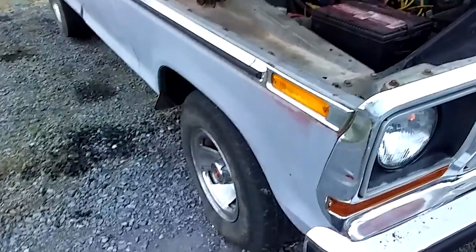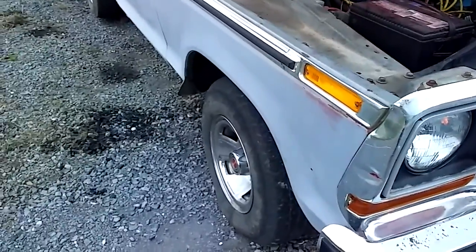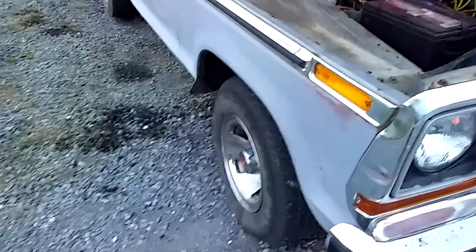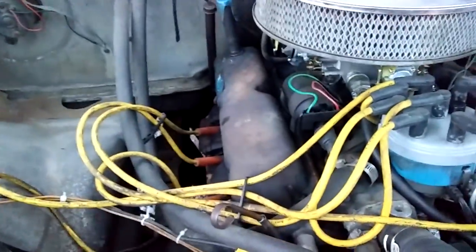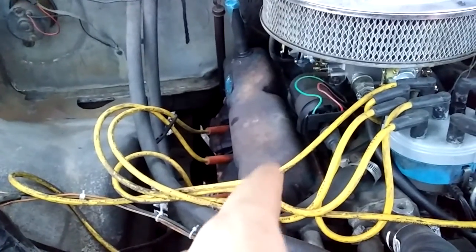Have to do all the small stuff on it, get that all straight. Still got to get a motor for it. And I'm thinking, the more I think about that, I'm wondering if